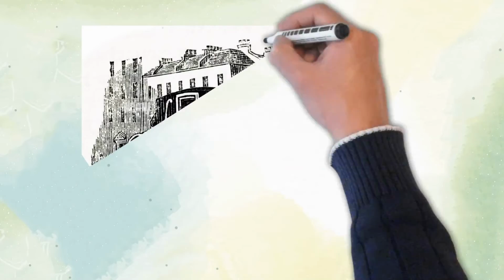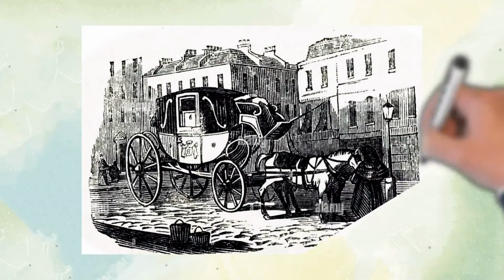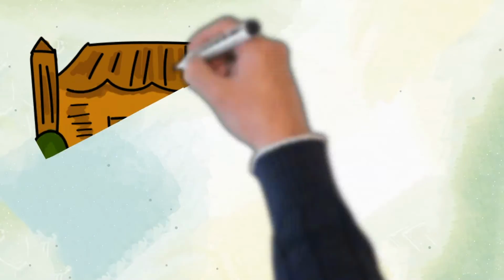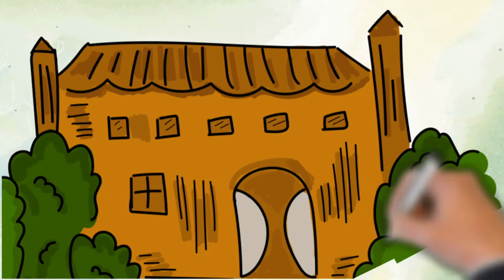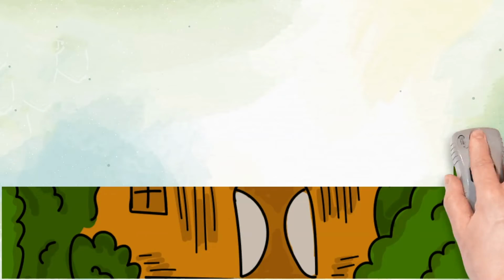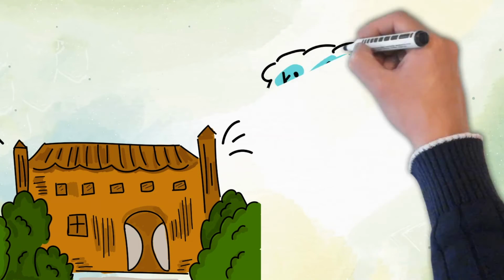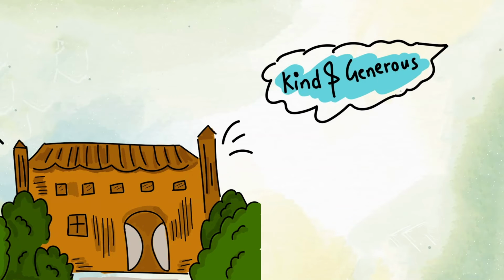A few months later, Elizabeth goes on a trip with her aunt and uncle Gardner to Derbyshire County. Here they visit Pemberley, Darcy's estate, but only after making sure that Darcy is away. She is delighted at the estate and the property. She is also impressed while hearing from Darcy's servants that he is a kind and generous master. Just then, Darcy arrives unexpectedly.